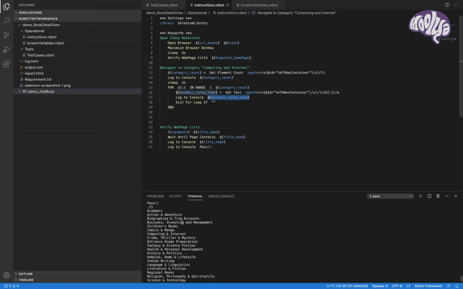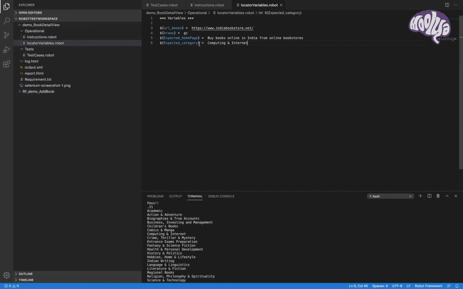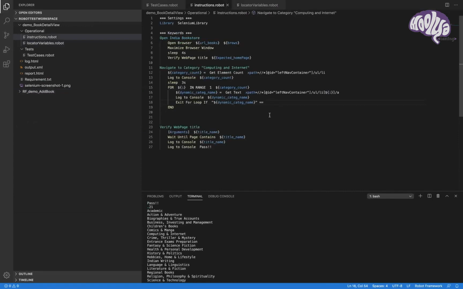When it reaches computing and internet, is equal to, and expected value is computing and internet. This is my expected value. Once I find this, the loop will come out of it. It will not proceed further with the history and politics and hobbies and all. It will just execute and come out.